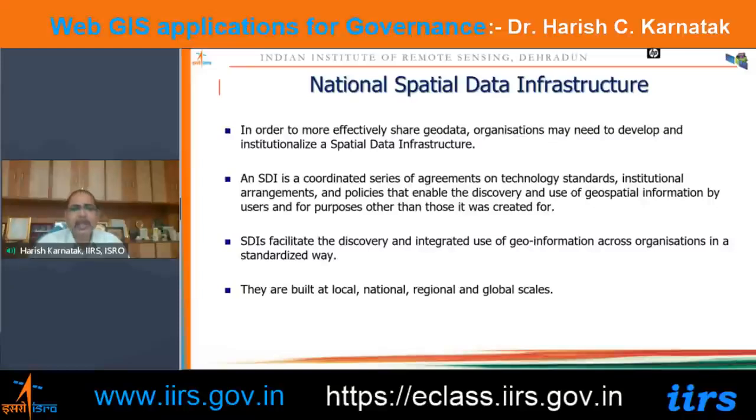In India, the spatial data infrastructure is available from the DST site. Suppose in future you are looking for a specific map or specific geospatial data, I suggest you visit their website and search for your required data set based on the metadata available and published in the NSDI portal.